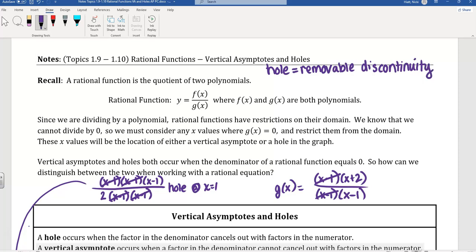It is called a removable discontinuity because you can remove it by just putting like 1 point there, right? It only takes 1 point to get rid of that discontinuity. So you might see that phrase removable discontinuity thrown out there to mean hole. They're interchangeable. Non-removable discontinuities